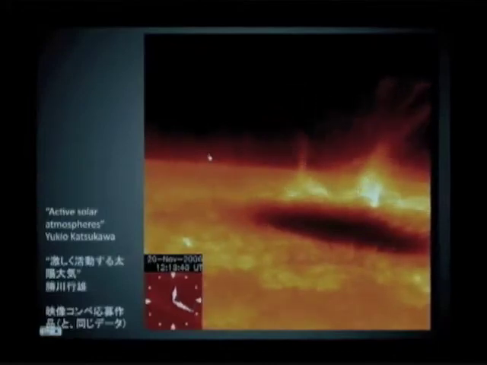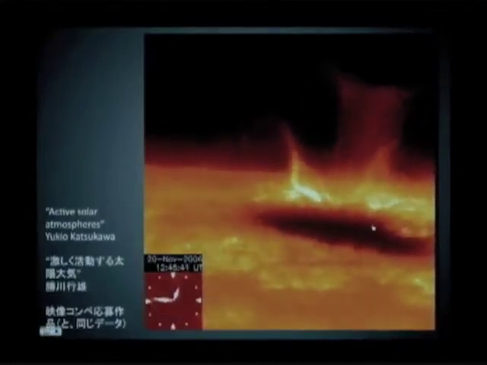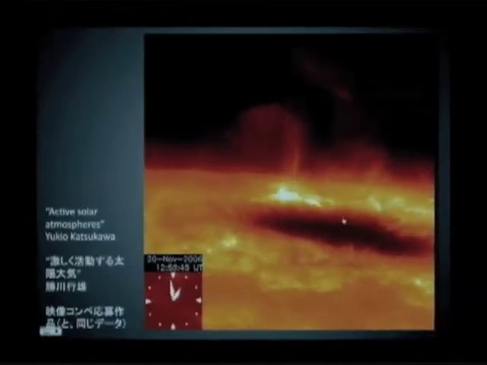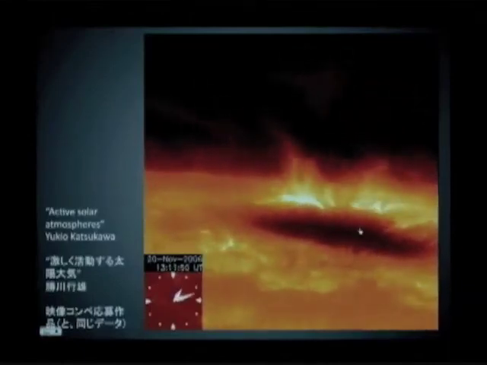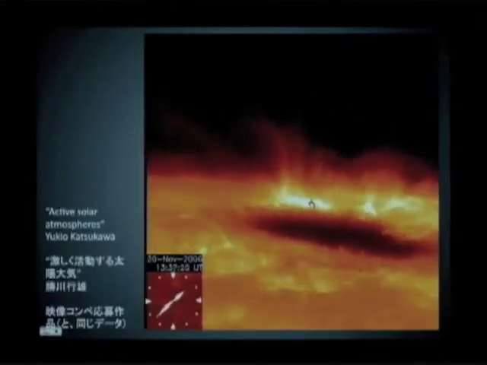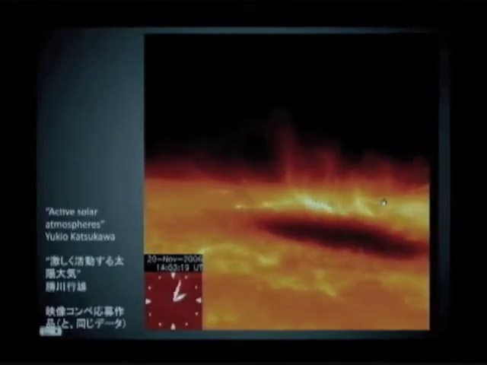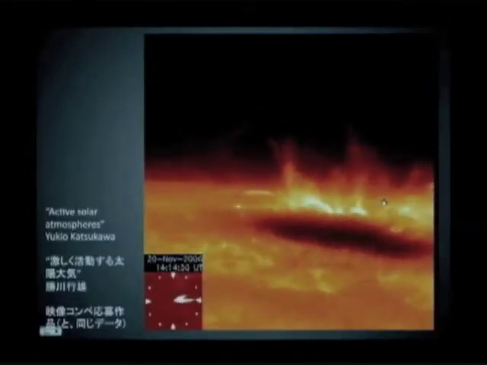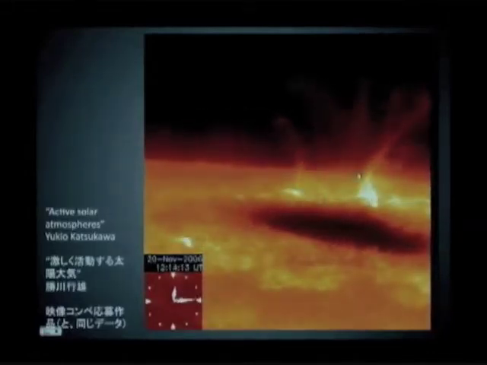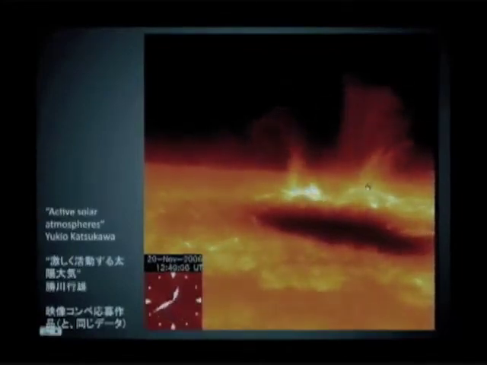As a result, a slightly upper layer of the sun surface can be visualized, and you can see the sunspots. This is a magnet, therefore it draws a lot of energy. When the accumulation of energy reaches a certain point, it is gradually released, which causes a very violent phenomenon. You can see a very bright